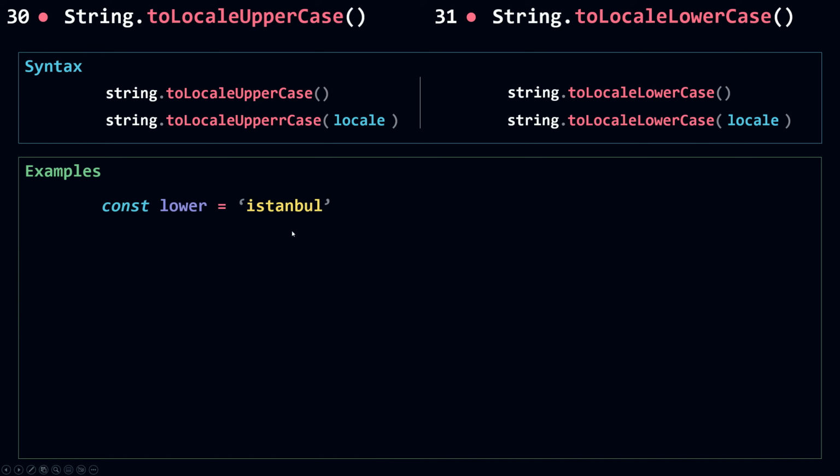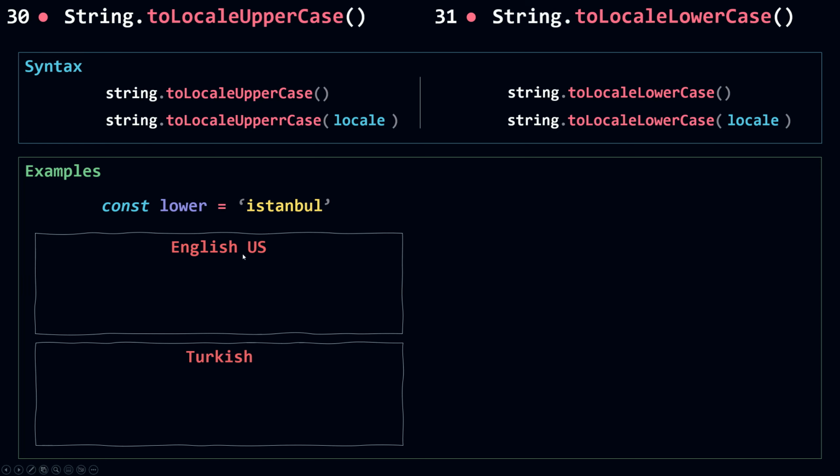So I have here a string Istanbul, the city. I'm gonna assign this to lower. Now let's see the results we're gonna get using different locales, English US and Turkish. So if I call toLocaleUpperCase with English US as the locale, and then assign this to a const upper, because we've said that this doesn't change the original string, so I'm going to get this result, Istanbul all uppercase, and